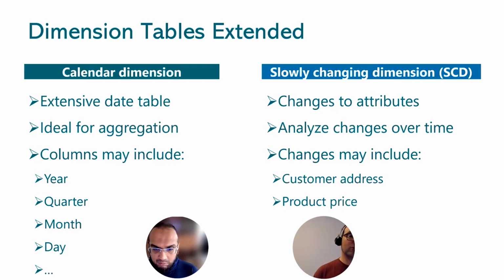So this number 2 essentially means whenever a change happens to a certain attribute, we will add a new row, mark the previous row, so we will set valid to the moment when the change occurred, and we will add a new row for this same attribute and say it's valid from a certain point in time. And then you can go back and forth and do point in time analysis. That's why the slowly changing dimension concept is